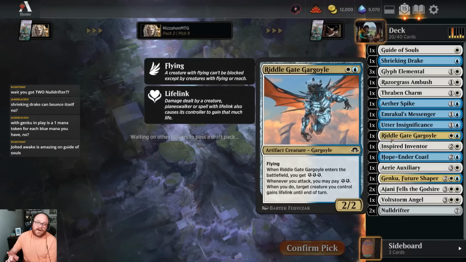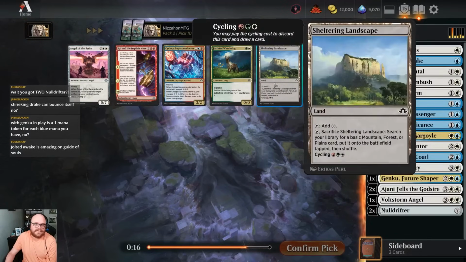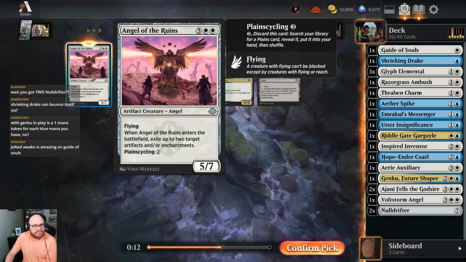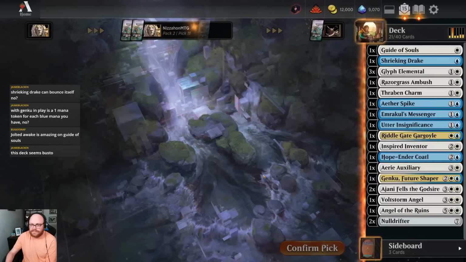Riddlegate Gargoyle is an artifact, so if that land wheels, the white rare land in the set, we'd probably pick it up. It does not. This doesn't fix for us. We'll take an Angel. We'll see if it makes the cut. Obviously, it has Plane Cycling, so...